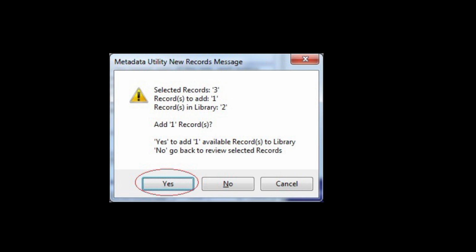and Metadata Utility, as is indicated here, shows that from the 3 selected movies, 1 is available for upload and 2 records already exist in Metadata Utility. Therefore, regardless of whether or not the same record has been reselected, Metadata Utility will always download only new information. In this particular case, if we select yes,